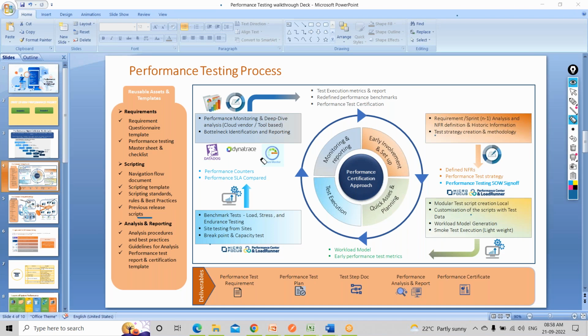A lot of developers are using Dynatrace, which is a very good tool, and there's one more tool called AppDynamics. So when the application team is developing the budget for the project development, at that instant they say, okay, we'll be needing AppDynamics or Dynatrace. So the cost basically gets borne by the development team. That doesn't come under the NFT, and then we can use that. I mean, NFT also will be able to use those licenses.